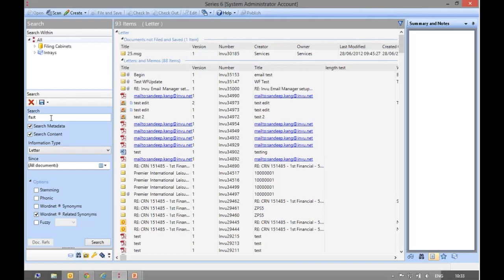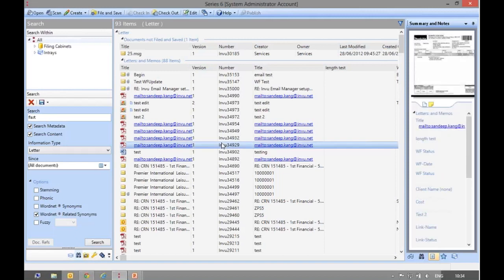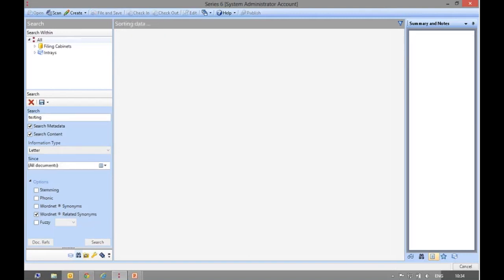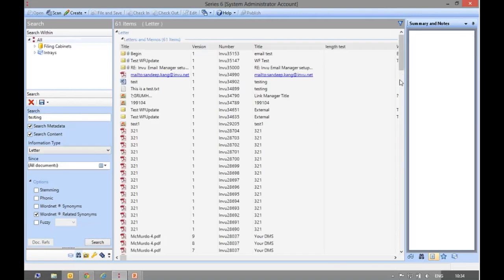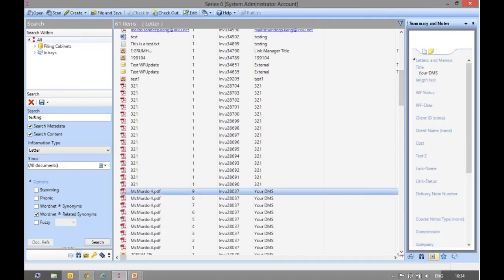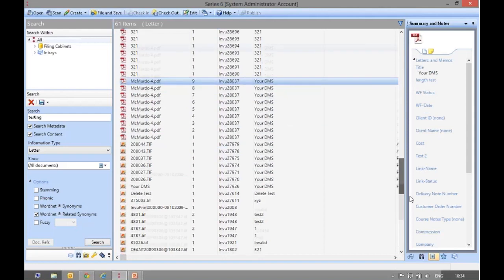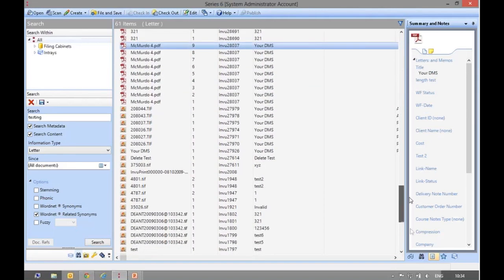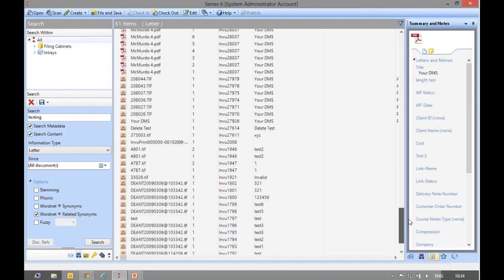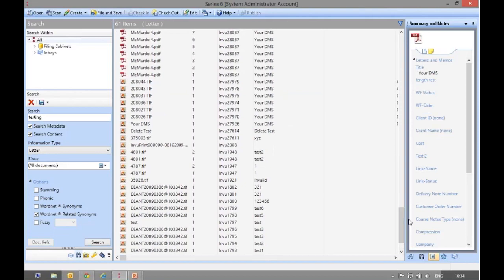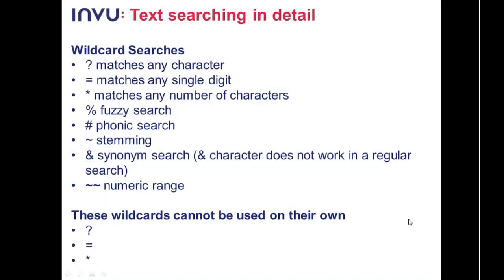So I've searched for fast, and that's returned something. We can also search for things like testing. That will return results where the words sound the same. Moving on,